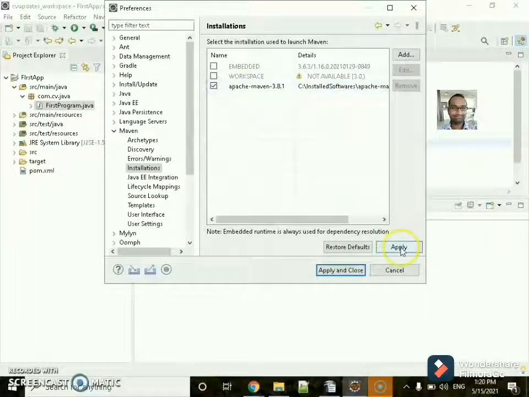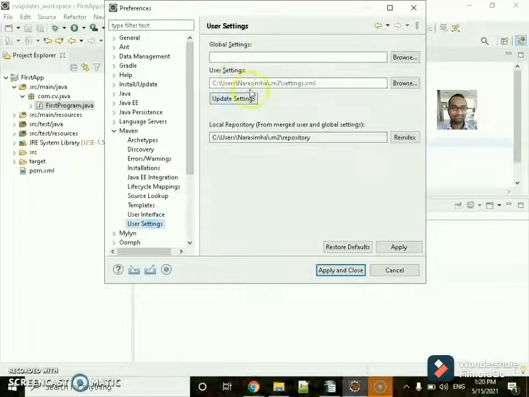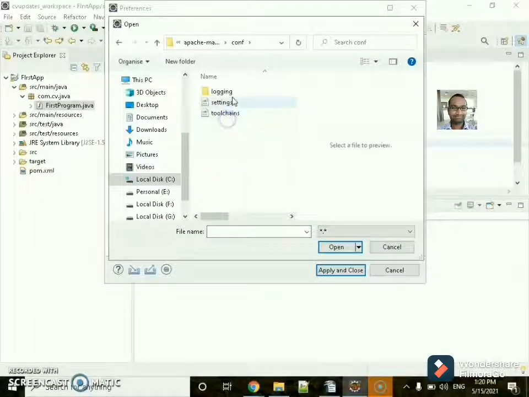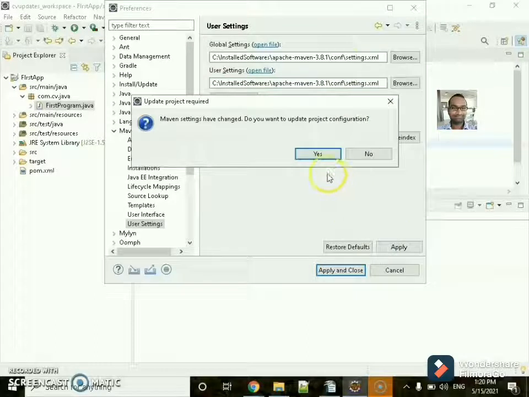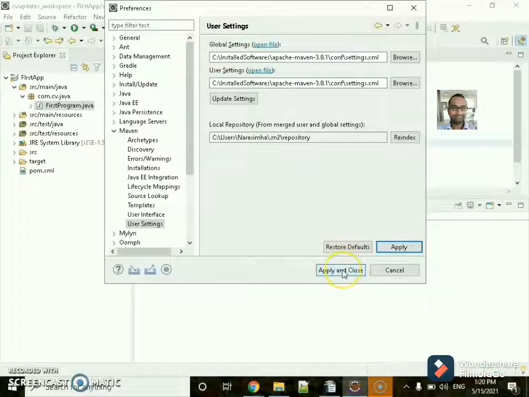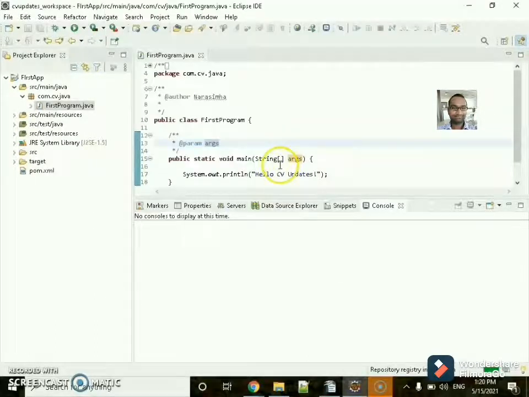Click the checkbox and click on apply and go to user settings and you can browse the Maven conf. Click on settings and take the path of it and put it here. Click on apply. Yes. Click on apply and close.